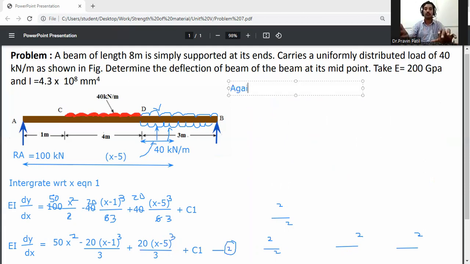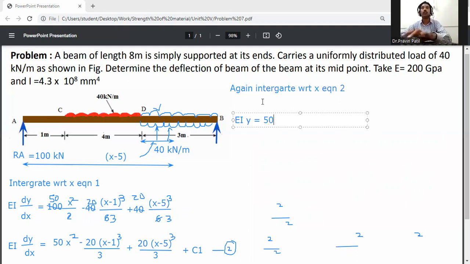Again integrate with respect to x. Equation number 2. Okay. We get EI dy by dx, it will be y is equal to 50x square,